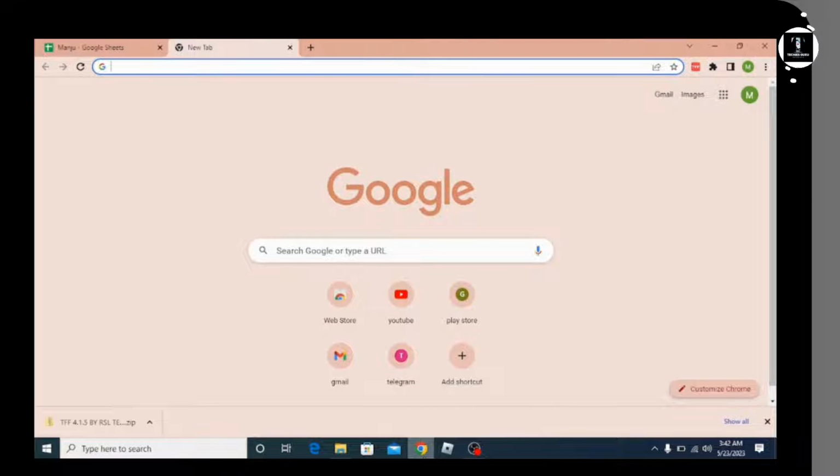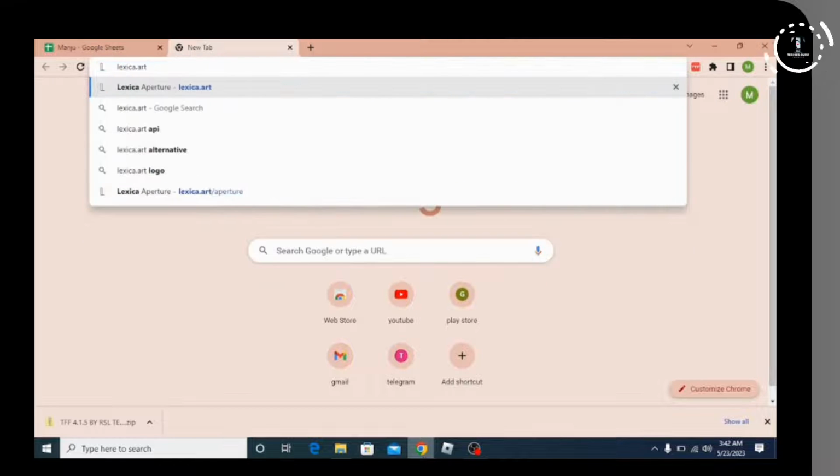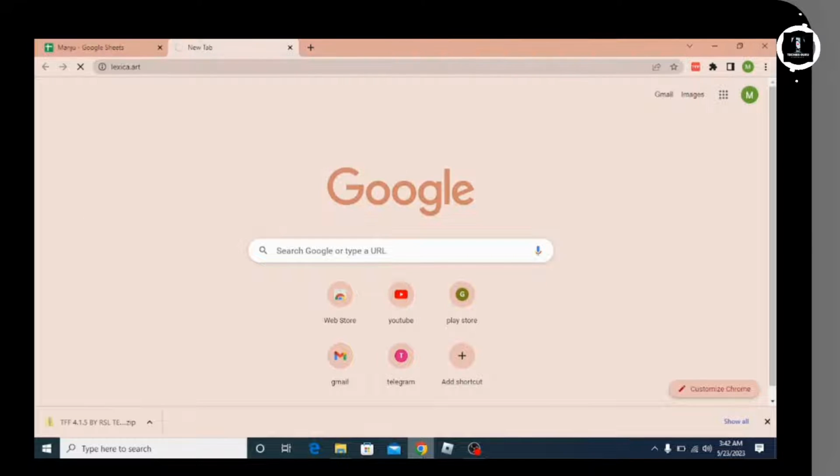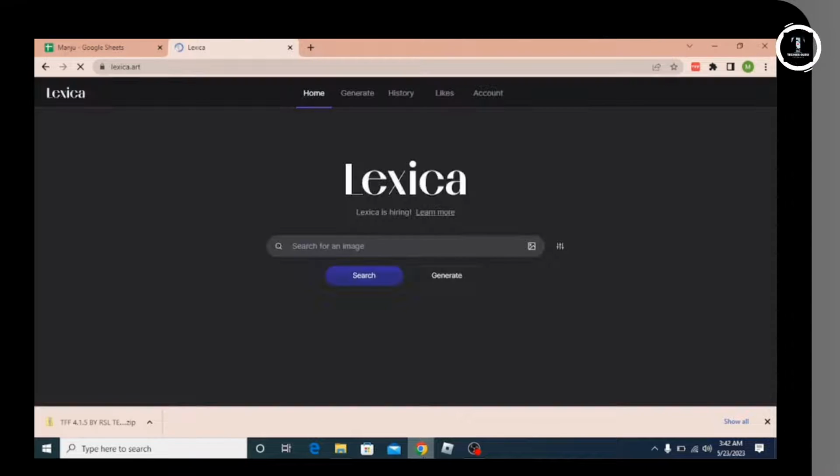So let's begin. First of all, you have to open up your browser on your computer. After that, in the search bar, you have to click and search for Lexica.art. After that, you have to enter it. After entering, you'll be directly opened to this interface where you can search for the image or you